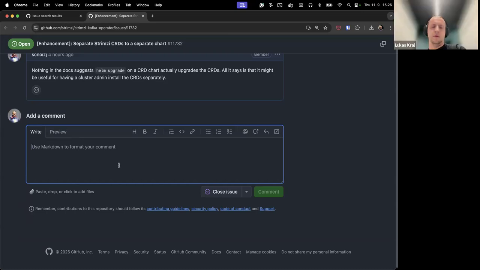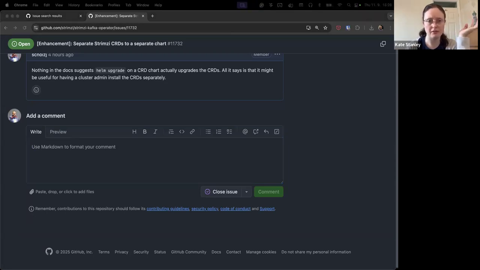Would it then mean that the users don't have to do the kubectl replace with the CRDs as before? Or is there actually no other benefit? Well, I think it's just that they don't need to use kubectl, but the original raiser said something about there being specific restrictions in certain environments that meant that they couldn't do it that way. But they didn't really share many details. My understanding is not the same as Kate's.